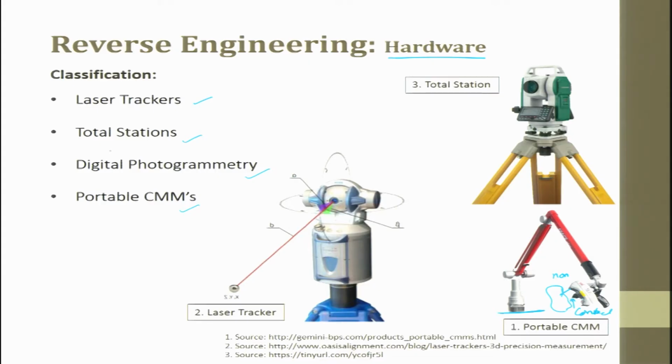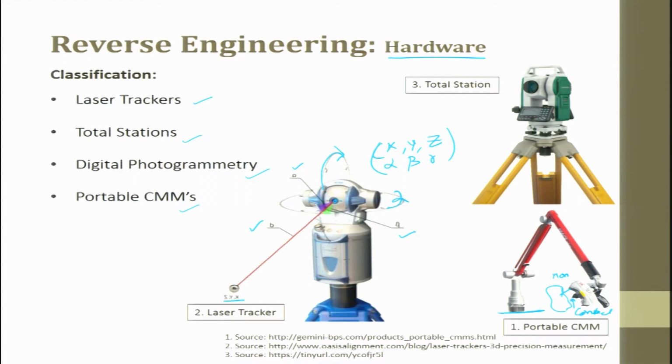The other one is the laser tracker. This is a laser tracker which can do all actions of your hand. It can have pitch, yaw and roll. It can roll in this plane, it can go around in this plane, and it can start getting data. You can get X, Y, Z data, and you can get A, B and C data. So, you have 6 data points: X, Y, Z, alpha, beta and gamma. These 6 data you can get using this laser tracker.